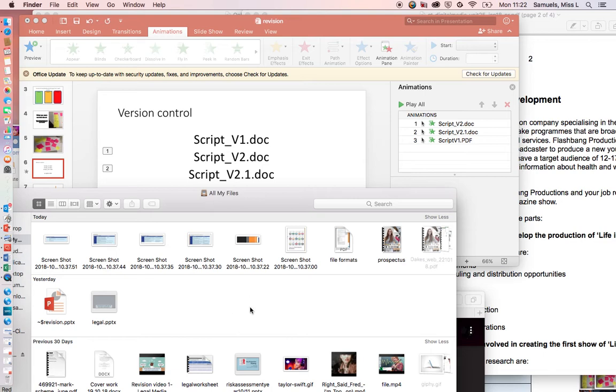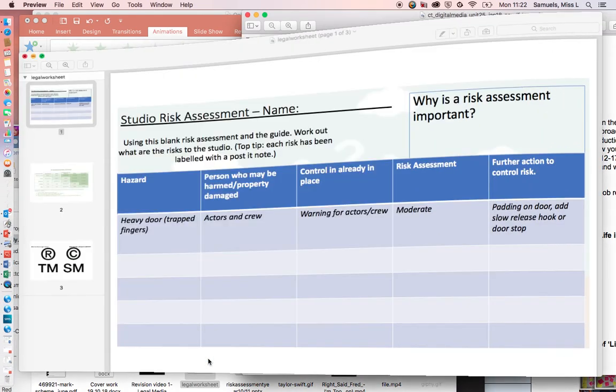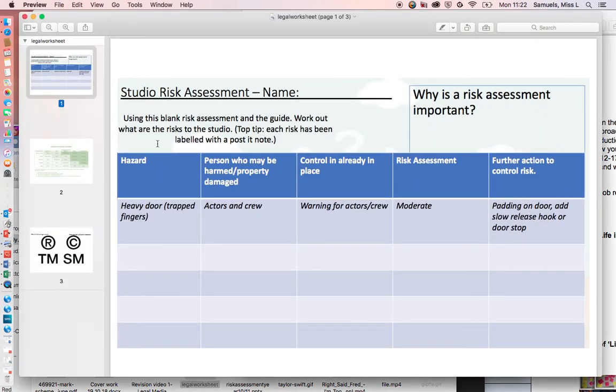So if I was to maybe look at, let's have a look at this one. Okay, so this is a risk assessment. I might look at this and I might say, right, what's good about this risk assessment? Well, it's clearly laid out, that's good. And it's also considered in detail one thing that could go wrong.